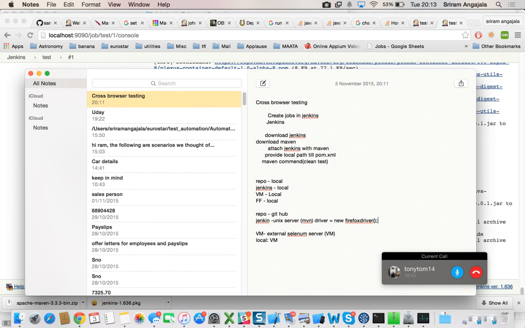I asked a question, and he said the answer is that. I asked the question the other way around. Why do we need a remote browser? Why do we need a remote web driver? Why can't we just go with Firefox driver? What is the difference? Firefox driver will only run